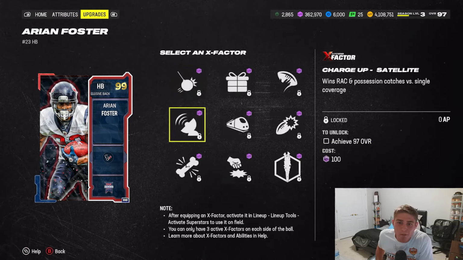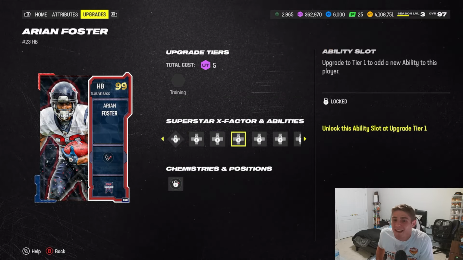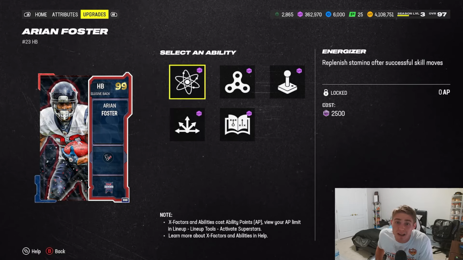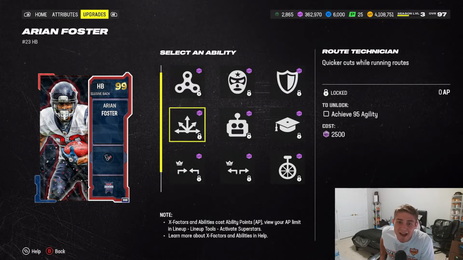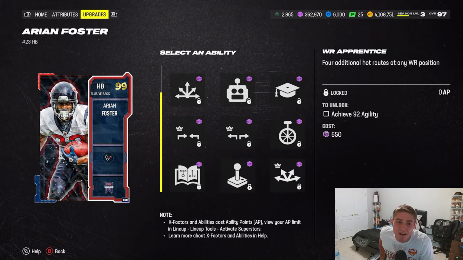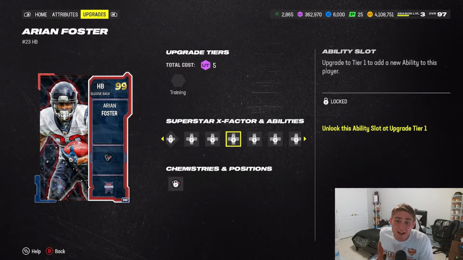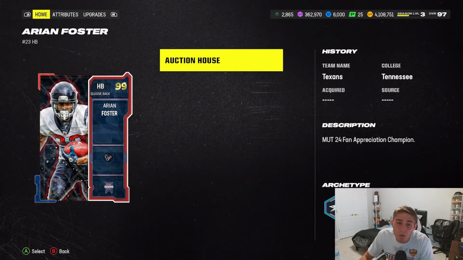He does get Charged Up and Angry Runs, so I don't really have to worry about him being good. He doesn't get a second X-Factor as an ability like some of these top tier running backs, but I think the running back position is one that I'm more lenient on because I'm kind of tired of the meta we have. I think Arian Foster gets every single ability you could possibly want on a running back besides Freight Train as an ability, but that's too much to ask for, and I know I went on a complete rant